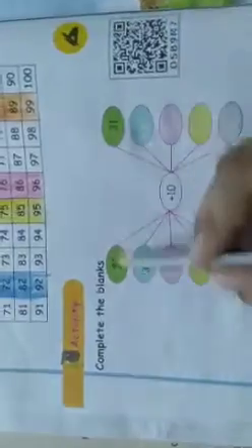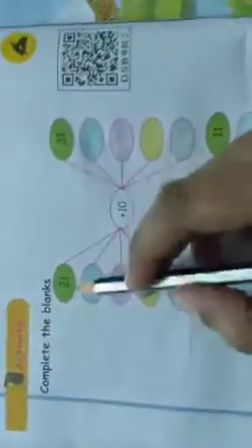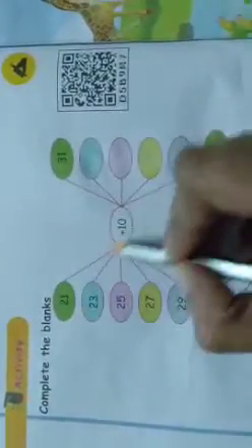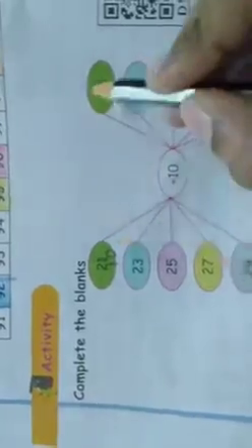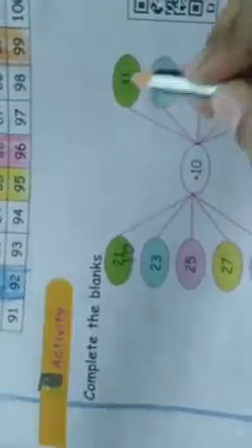Okay, then complete the blanks. Take the 34 page number. Okay? Same like that. I already explained now. In before page, like the same way, but here giving the chart. Okay, 21 plus 10. In this all the number we want to add with 10. Okay? So first one, what? 21 plus 10, what? Yes, plus. So here put 10. Okay, 1 plus 0, 1. 2 plus 1, 3. So 31.